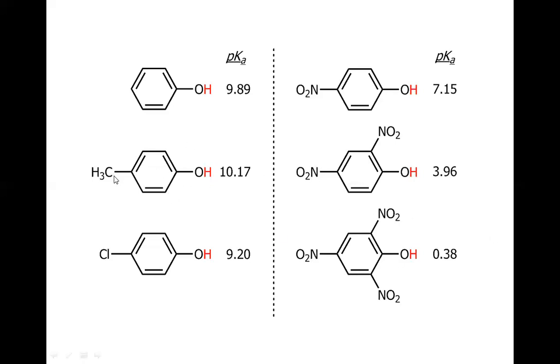However, the reverse is the case if we have an electron donating group, the methyl, because once the anion is formed, it is not stabilized. Rather, it is somehow destabilized because of the electron donating effect. And for the case of chlorine, yes, we have the chlorine group, which is somehow electron withdrawing because of its electronegativity, but it also mesomerically donates its electron to the ring. So that is why there is not much difference between the parent phenol and the parachlorophenol, because two opposing phenomena will work for the parachlorophenol.